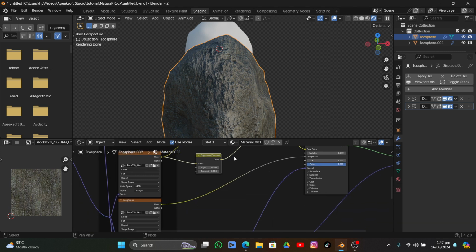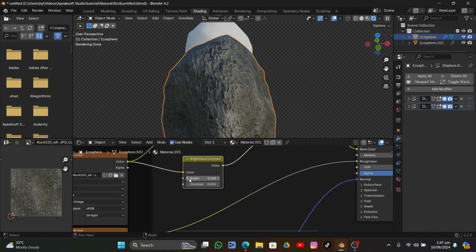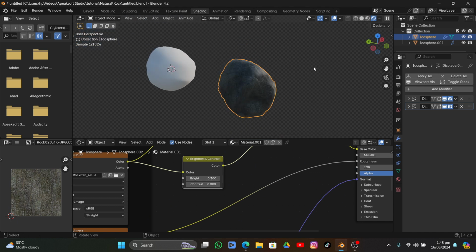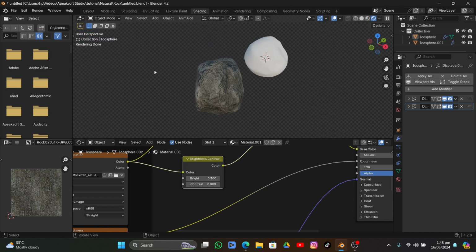Then connected to base color. This is how we made it. If I just increase it by one value, as you can see, we don't get a very good result here. But if your mesh is high resolution, like a huge geometry with no bad stuff going on,